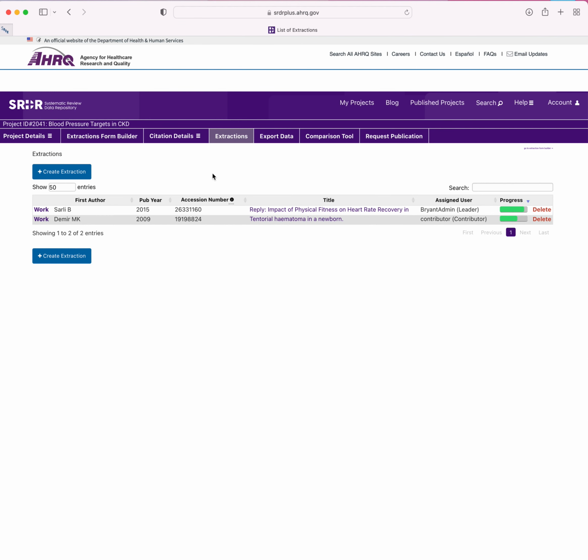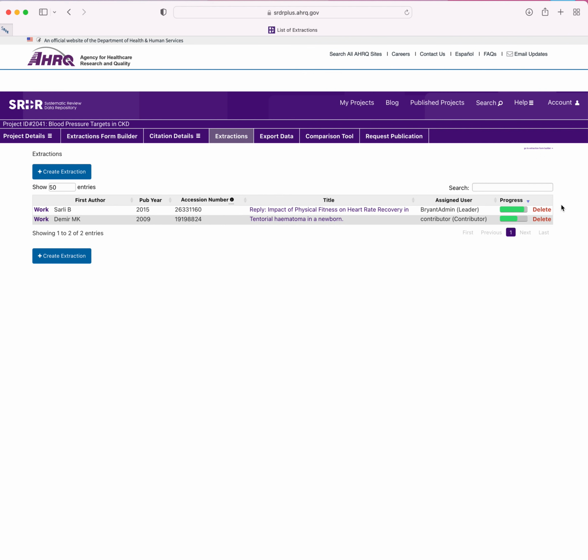In terms of managing the study extractions on the extractions page of your project, the progress bar, located to the right of each extraction, allows you to see how far into each extraction your team members are. To learn the sections that remain incomplete in a particular extraction, simply rest your mouse pointer on the progress bar of the extraction, like this. Doing so, we see that this extraction is nearly completed. The extractor now needs to complete only the ARB Details tab to be done with this extraction.